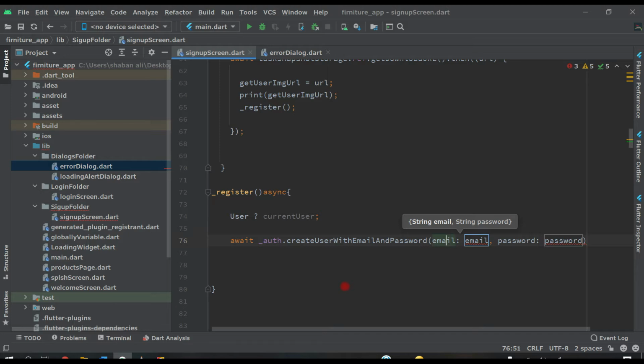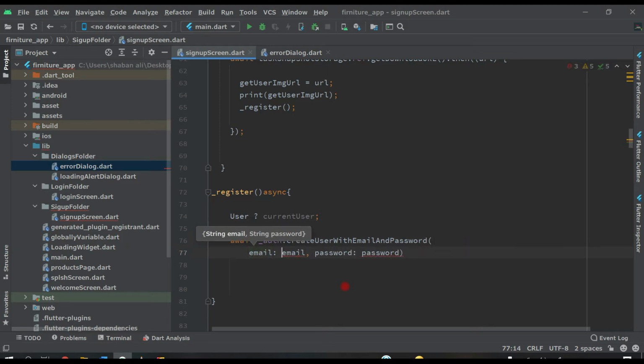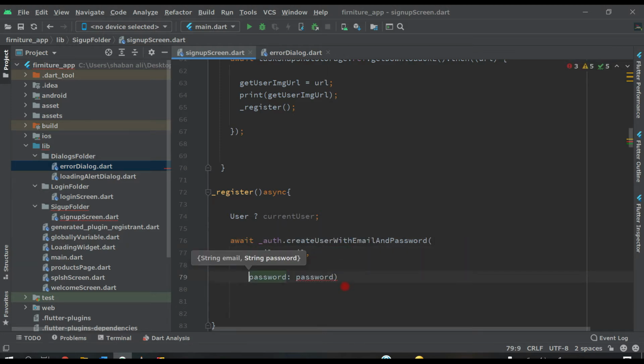Then after this, let's break this code so that we can see clearly, like this. So now email will be _emailController.text.trim. Trim means if anybody gives a space or something after filling in their email address, the blank space will be removed automatically.